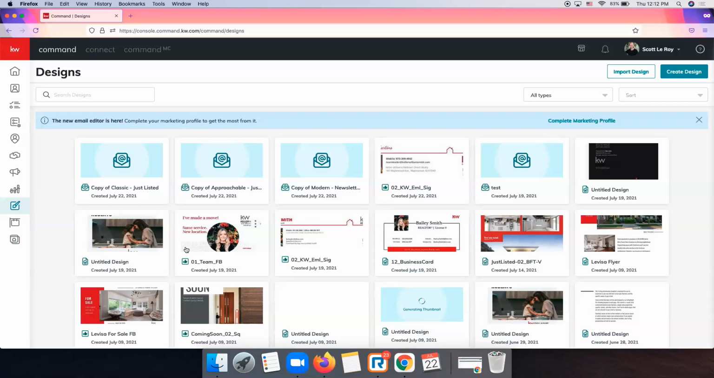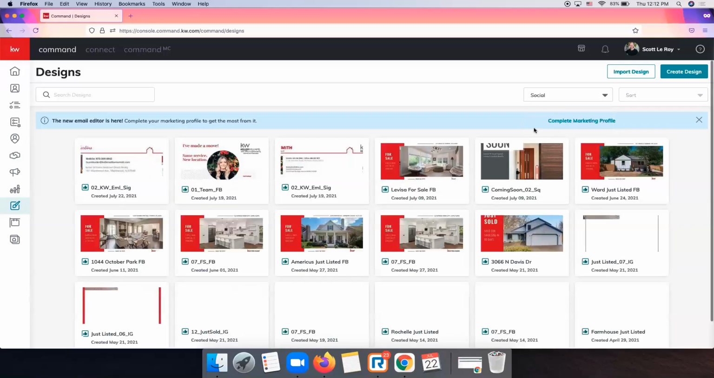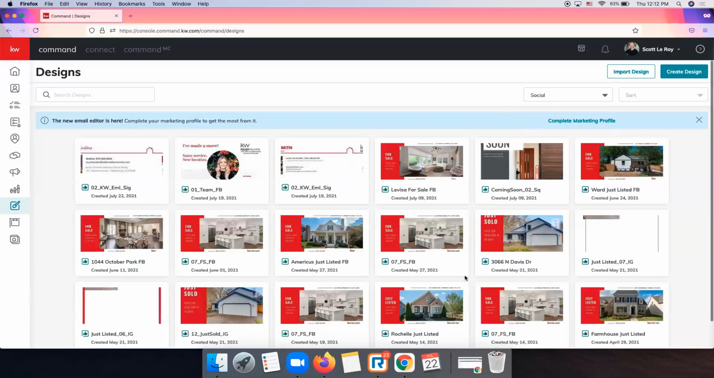In this section, we can see our pieces that we've created before. So these are all of our designs that we've created previously. You can toggle through the different types up here to view your different types of pieces. So for example, if I select social, I can see all of my social pieces that I've created. Now I'm just going to run through this super quick for today, just so we have a social media piece to use. I'm going to click Create Design up at the top right,